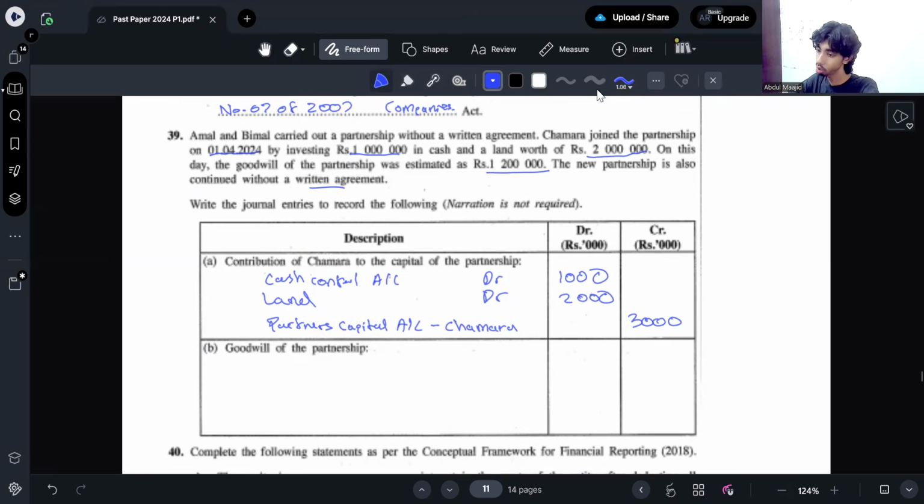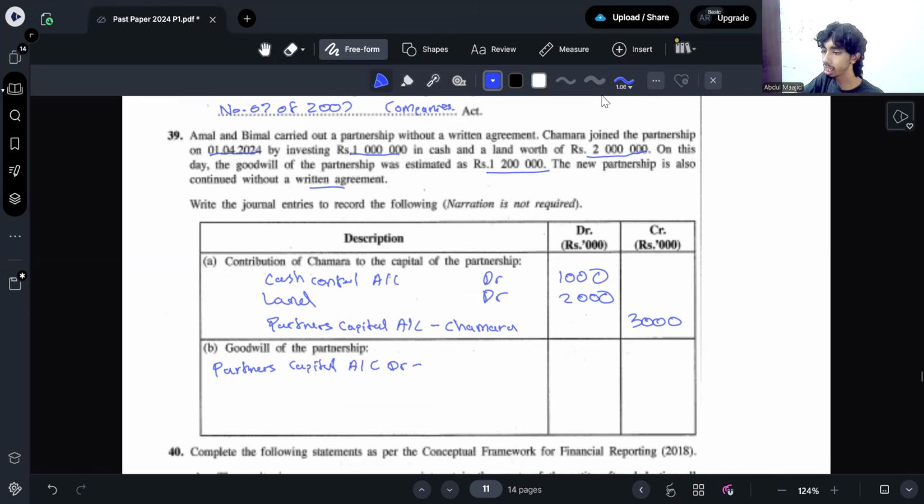No, Atika, then it's wrong. You won't get the marks because where are you crediting? What is the account? It is partner's capital account. If you just say Chamara, it is totally wrong. Okay, you should write the account name. Now in goodwill also, you can't just say goodwill new ratio debit old ratio credit. You should say partner's capital account debit. Okay, partner's capital account